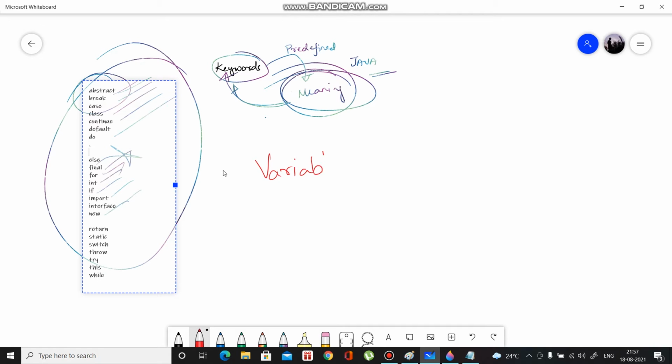Variables. So why do we need a variable? Programs are mainly written to implement a functionality. Let us take an example: you want to prepare a coffee in a coffee mug, and to prepare it you need some ingredients.